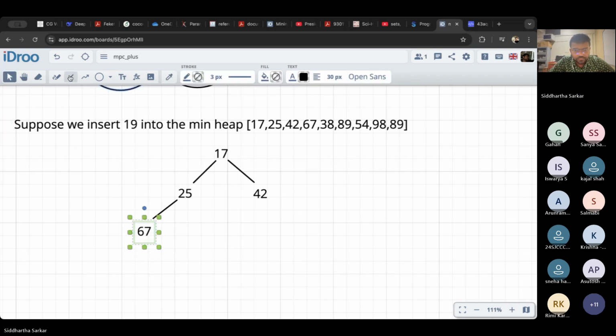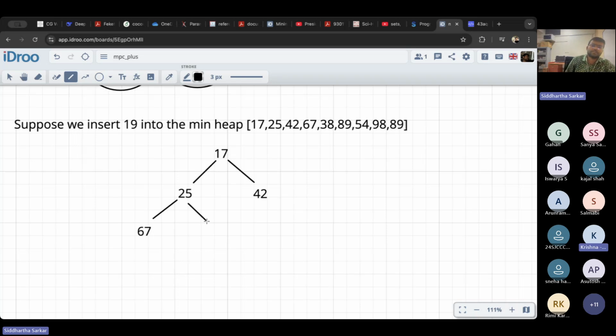67. Sir, I have a query. We should not sort it. No, this is the same sequence we follow. We don't have to sort it. This is the representation of the heap as a list. So we were sort of doing this, what I'm going to call